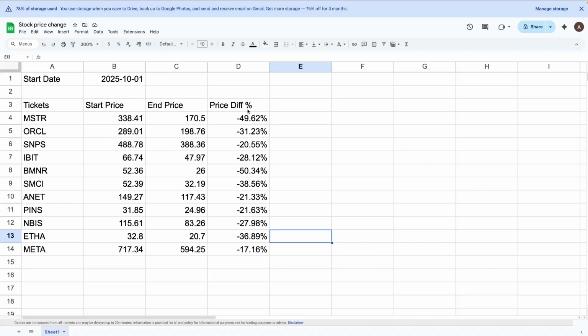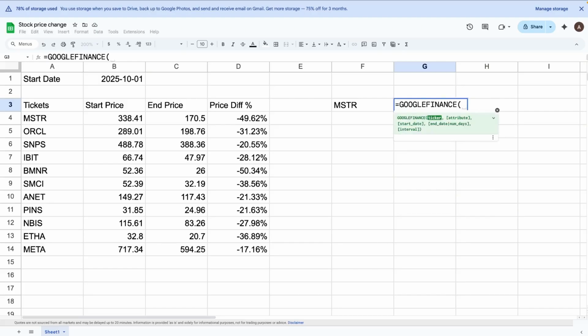Oh, yeah, one thing I want to explain a little bit is this formula. So you can see that I have like an index parameter. The first parameter here is the big Google Finance return, and then I have a 2 and 2. So what does this mean? It's a little bit confusing. Let me give an example here. So let's say we have a ticker symbol MSTR, and then let's see what it returns us if I have like a Google Finance first parameter ticker symbol, second